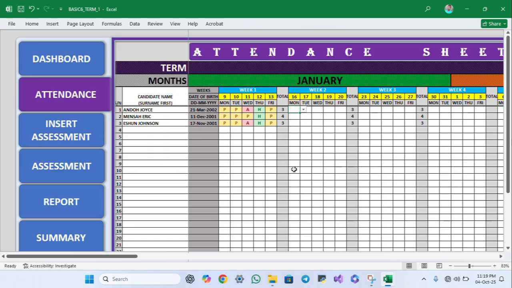So let's try under week 2. Let's say present, present, present, present, present, present, present, present. Present. So this is designed in such a way that if you type anything other than the present P,